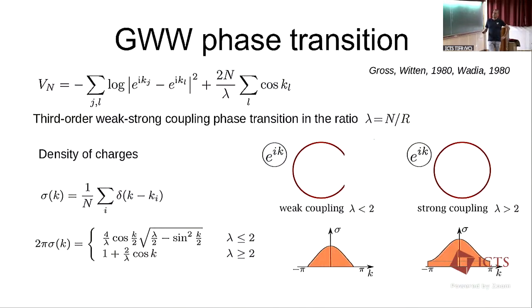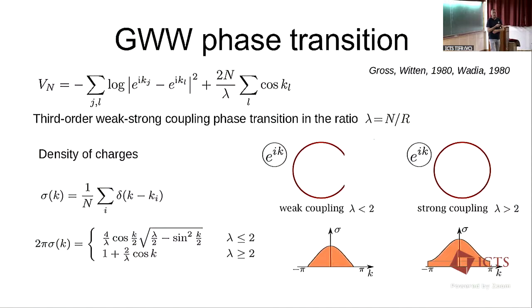As you can see, here it's just inverted, but anyway, if I define the density of the particles, I have two cases for lambda, and lambda is the parameter which essentially measures the ratio of the number of particles to the propagation time, or the vertical size of my circles, so the radius of my circles. In one case, when lambda is small, one has only a portion of the interval from minus pi to pi supporting the charges. The other case is the full interval, so it's covered by the charges.